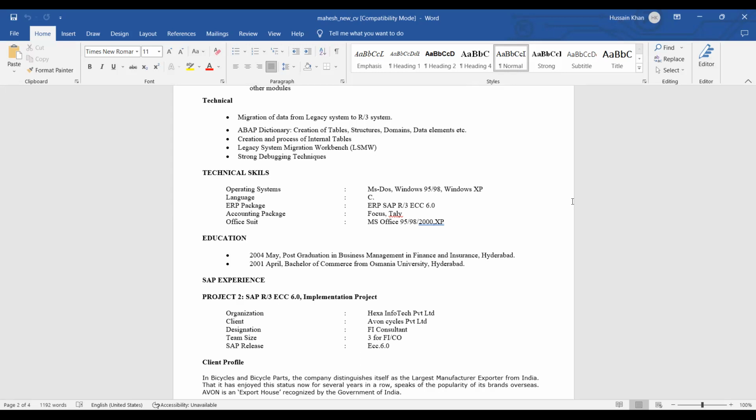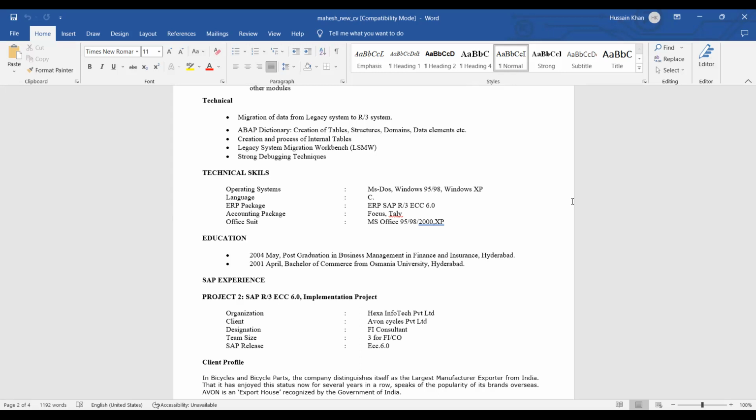Tally also, there are many versions. You can mention you know Tally 6, or Tally 7, Tally ERP, Tally Prime, right? Or Oracle Finance, JD Edwards. If you know any ERP product apart from SAP, you can simply mention over here, right?